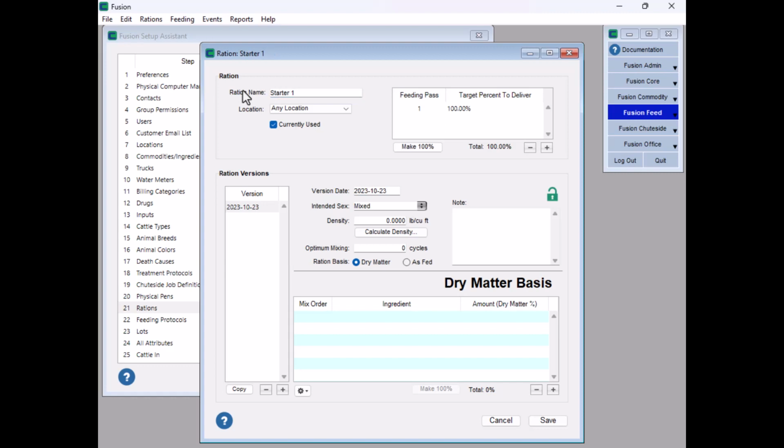This name will identify the ration even if its formulation changes over time, making things simpler for your feed crew. Leave the location field set to any location if you want to use this ration at all your yards. However, if you want different rations for each yard, choose the appropriate location here. Also, leave the currently used field checked for now. You can uncheck it in the future if you retire this ration, ensuring it doesn't show up as an option